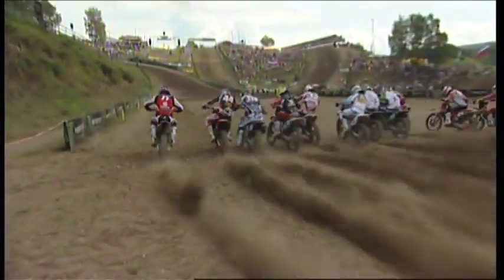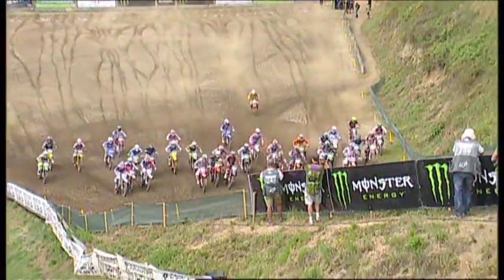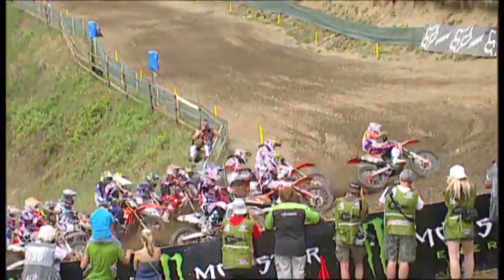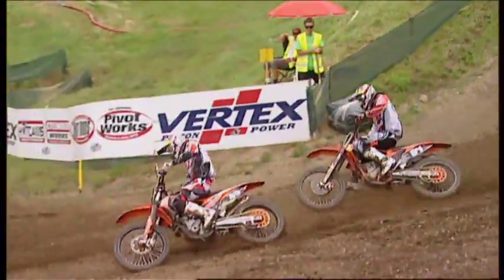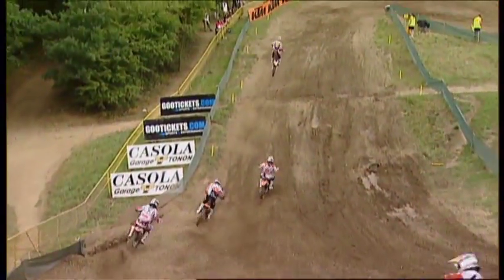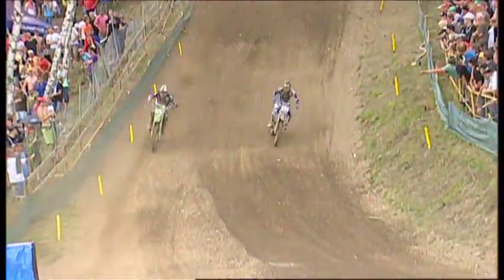Here's what happened in round 12 of the FIM MX1 and MX2 Motocross World Championship, the Casino Bonva Grand Prix of the Czech Republic. Jose Boutron found himself taking a hole shot from Jeremy Van Hoorbeek, Jeffrey Hurlings and Jake Nichols in the early stages of the moto, with Tommy Searle buried way down the order just outside the top 20,